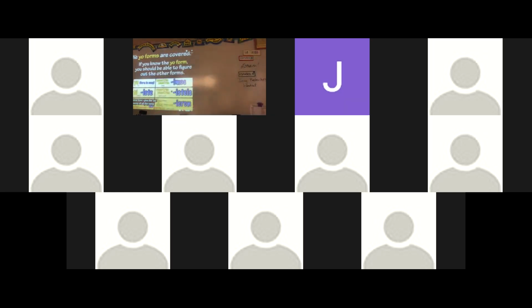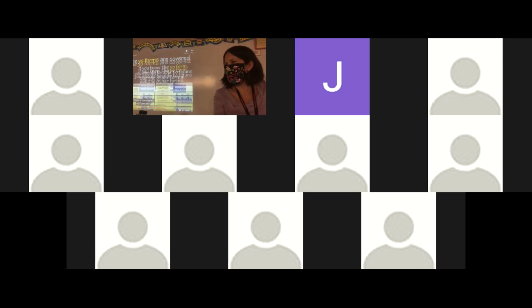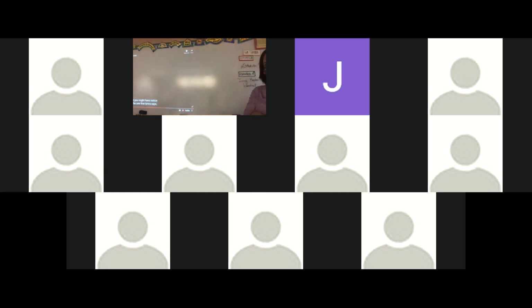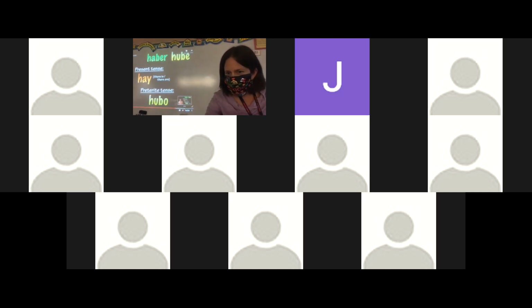Notice how I give the yo form of all the verbs so that you can figure out the rest. There is one slightly odd one also that you might have noticed. In one of the lyrics it says, haber hube. We're not going to worry about this one. Haber is the verb that we get in the present tense, hay. It's true. There is or there are. Now in the preterite for there was or there were, we would say hubo. For the rhyme of the song, the person who created it put ube. It's true, hubo, but we're not going to worry about it. That's not on our list that we need to worry about.